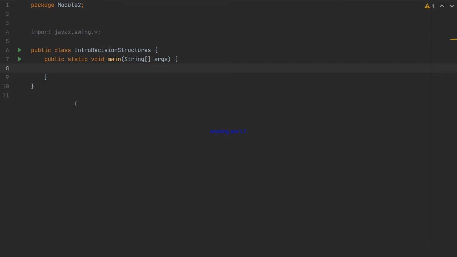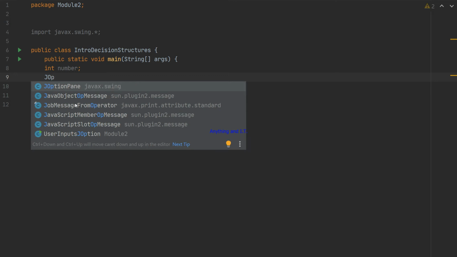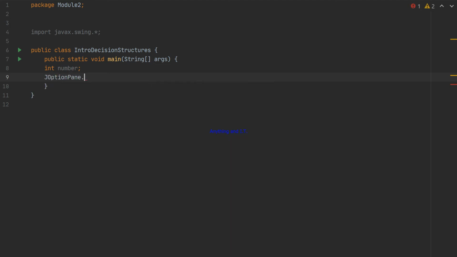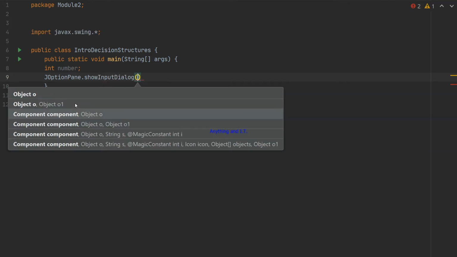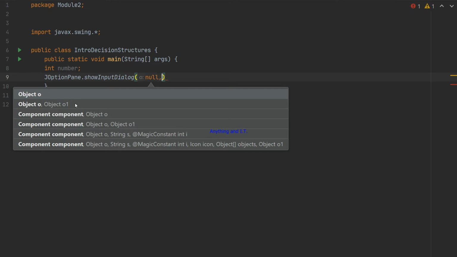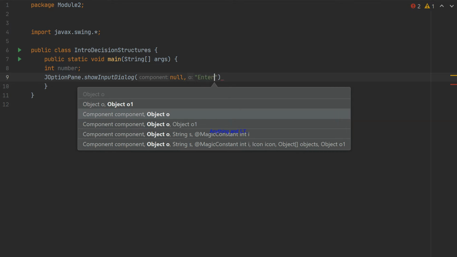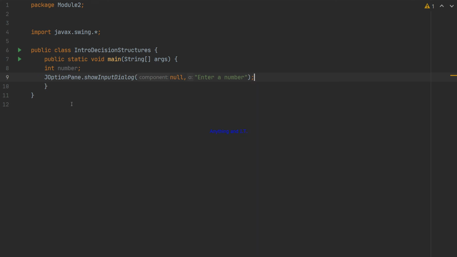So, for if statement, I'm going to declare a variable na number, of course, that is integer. Then, I'll ask the user to give a number or a value of the number, enter a number, then